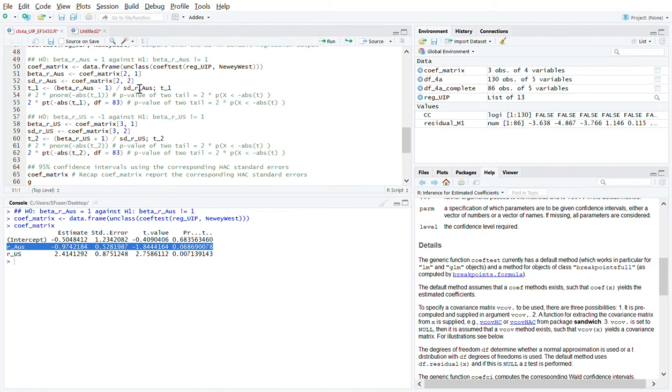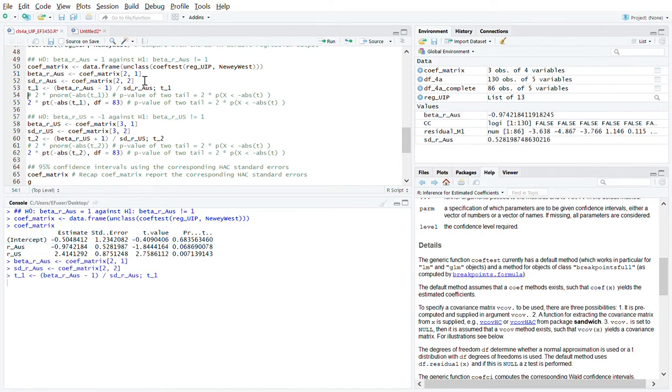Then we want to test it against the hypothesized value equal to 1, so it's going to be minus 1. And if we run this, we can see that the test statistic is -3.73, and the corresponding